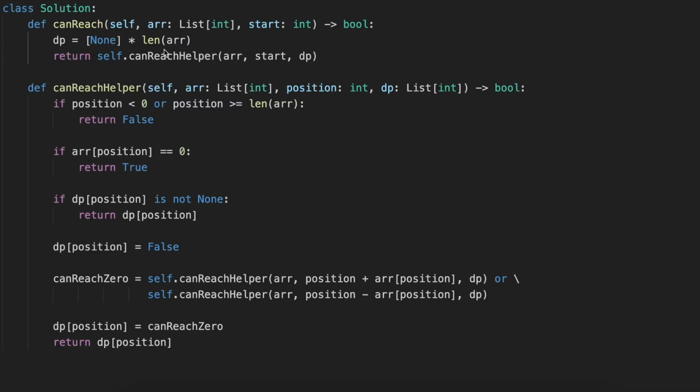First thing that we do here, we are creating an array DP with the size of our array, and the next one we are creating another function, canReachHelper, where we are passing our array, our starting position, and our dynamic programming array. So what we do is,